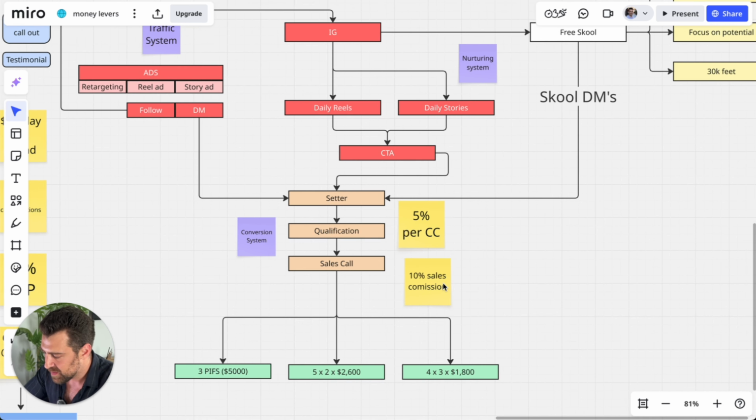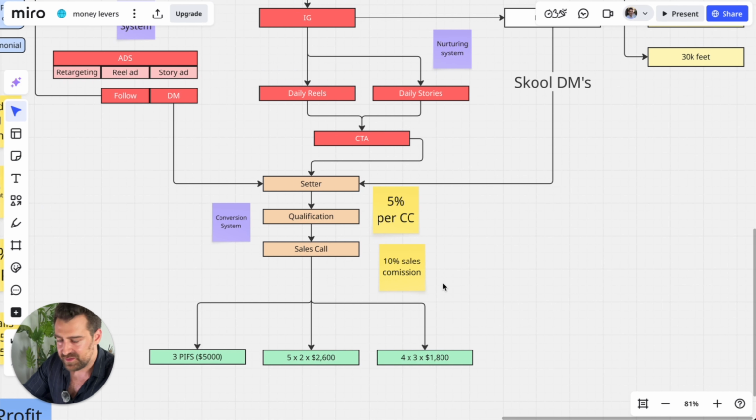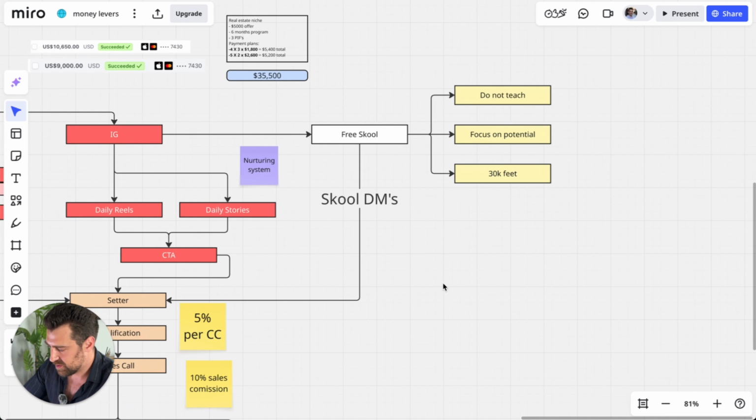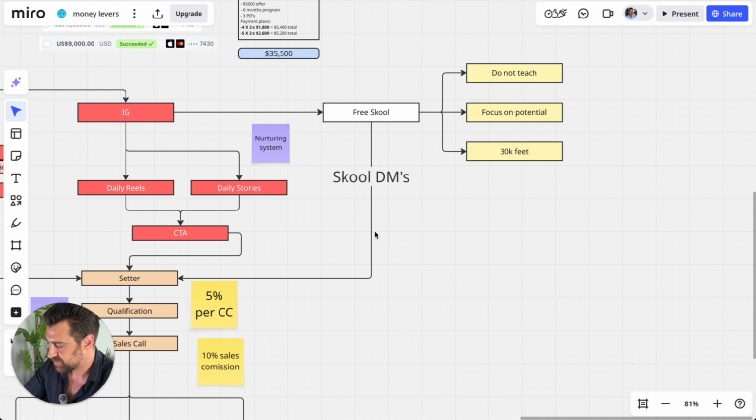Very simple, very straightforward. You can implement this tomorrow, right? Now, let's look into a bonus. My client also had a free school, and what is really important when it comes to having a free school